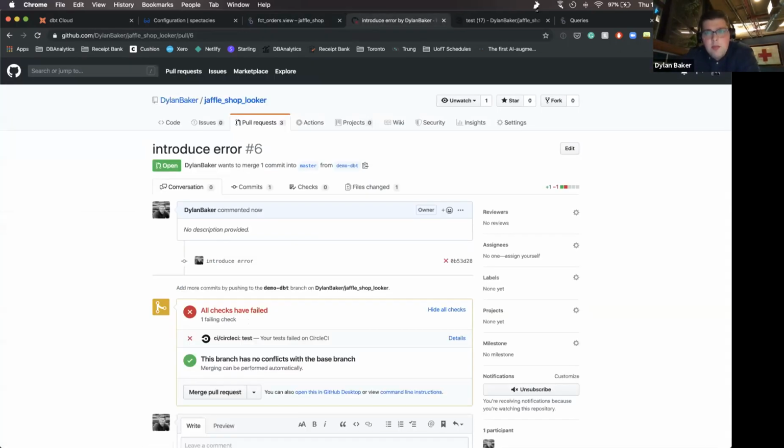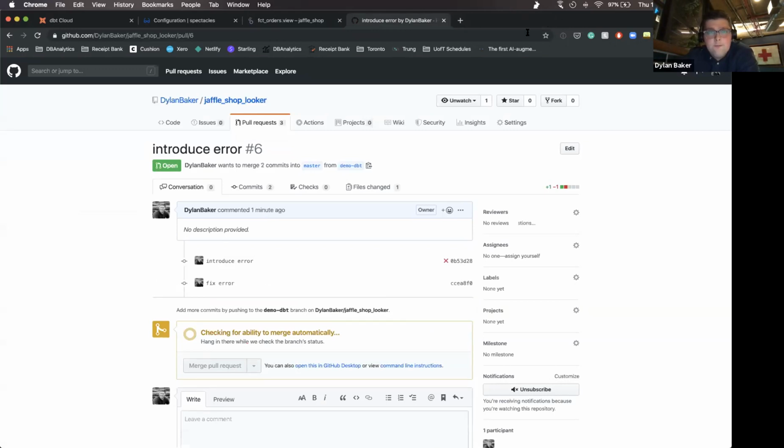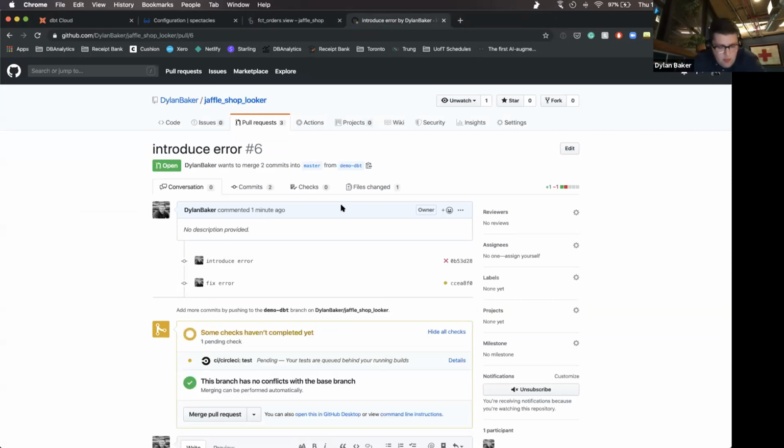Commit it, that'll end up on my pull request, and it'll go off and run it. While that's running, we obviously think you should have this in Git where you're having code reviews, and not in the Looker IDE, which lets you run some tests and some of these things.